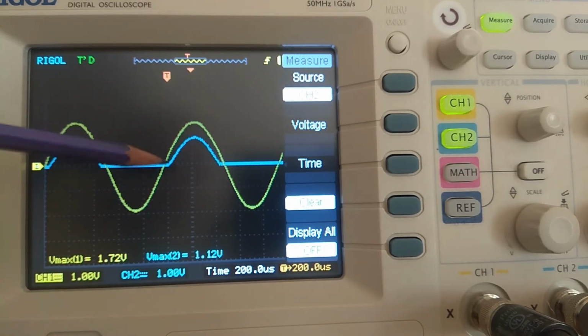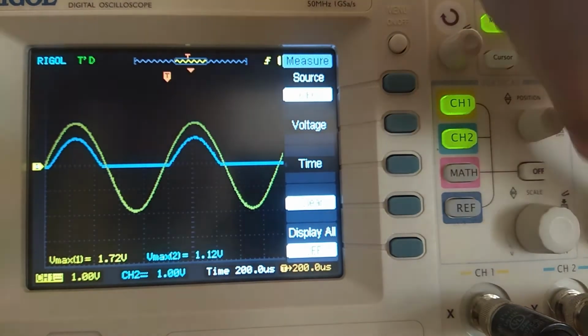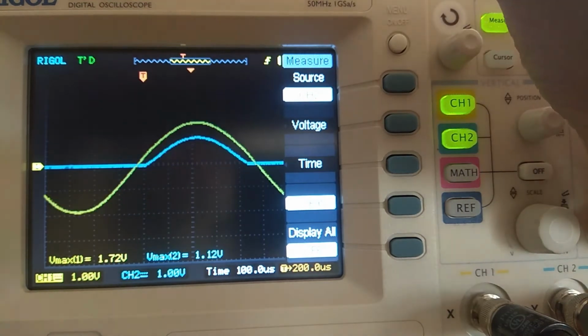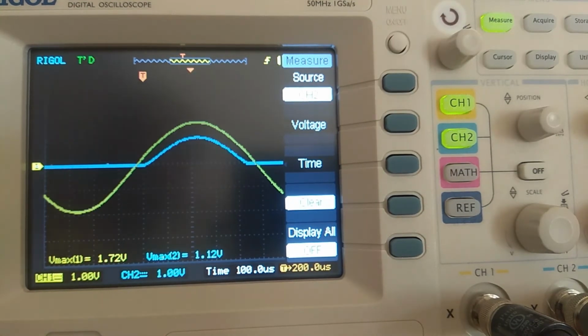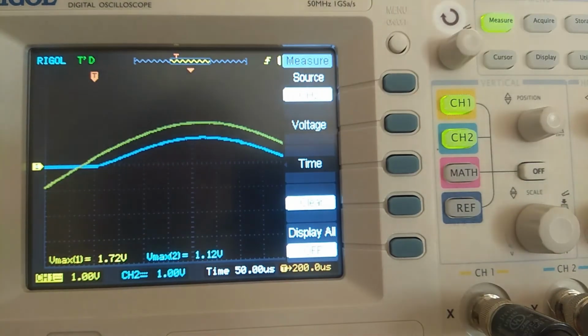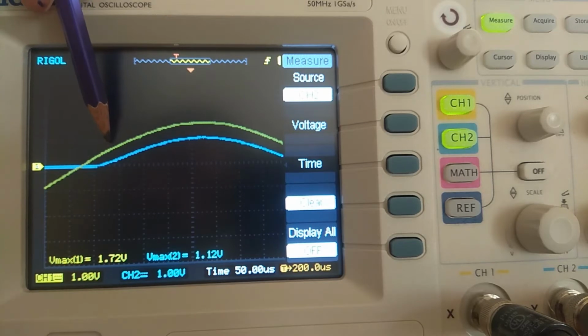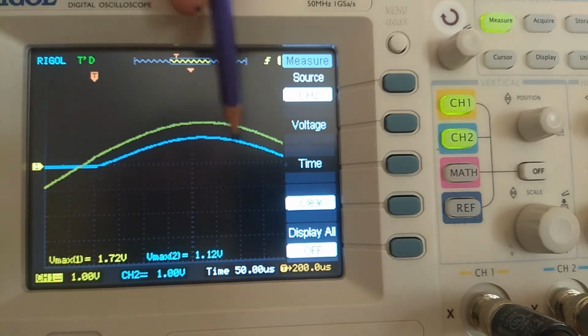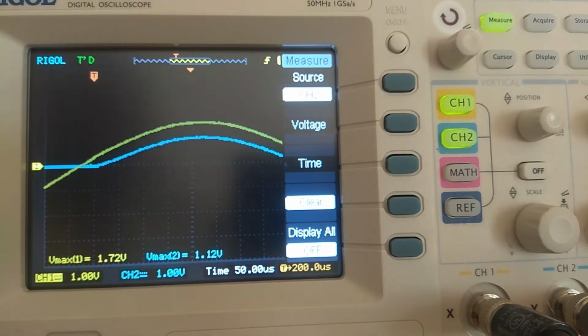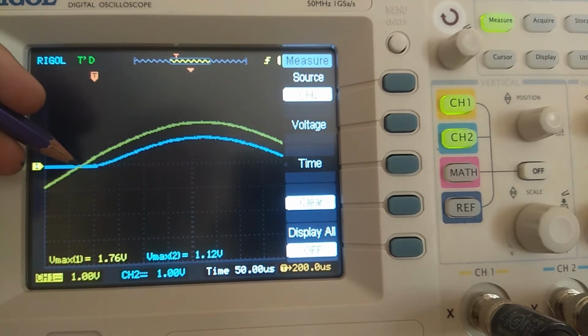And I saw there will also be a sidewise movement, there will be a delay. Now let us increase this. See, this much time is taken by the output, means at least this much time must be taken to reach that 0.7 volt. Then only our signal will start. That is the difference between your series and parallel. If it would have been parallel, it would start from here, which we are going to see.